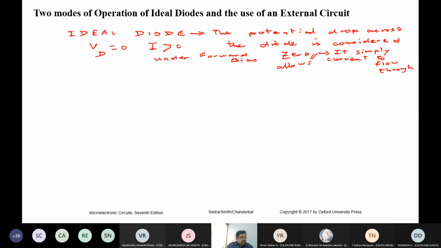So with the external circuit, we must make use of it to get the two modes of operation. So what are the two modes? Forward bias and reverse bias. So why do I use an external circuit? By external circuit, we mean adding, for example, an input power supply, and we also want to limit the current that flows through a diode. We do not want overkill, which means a diode has a certain specification. We know its power rating, the maximum current it can accommodate.